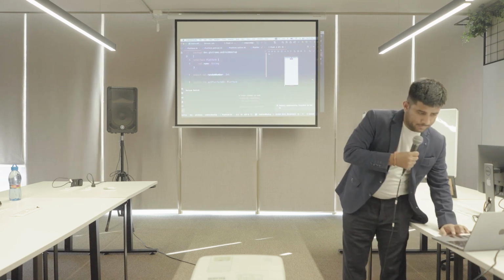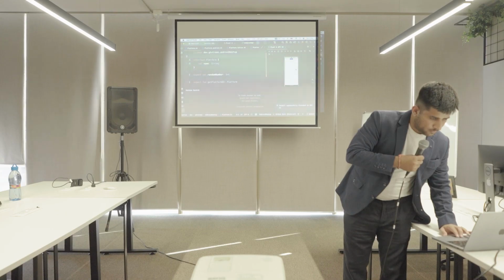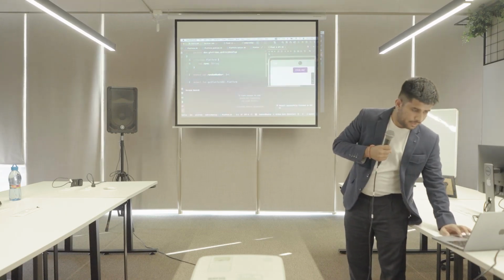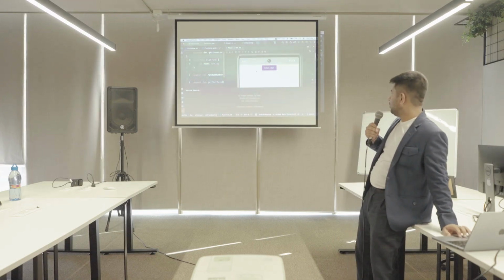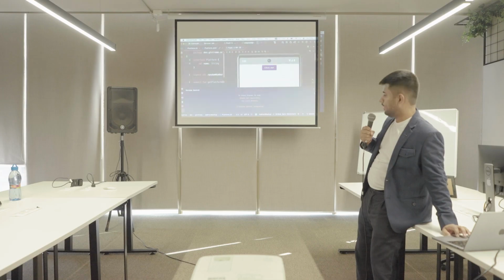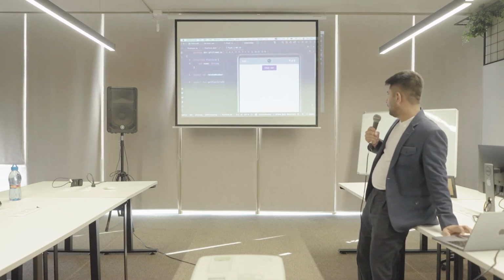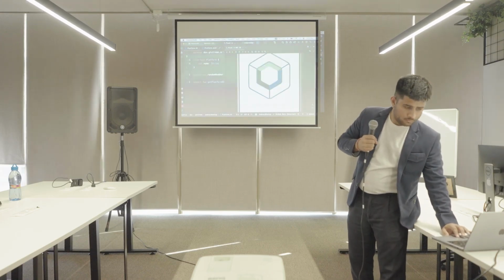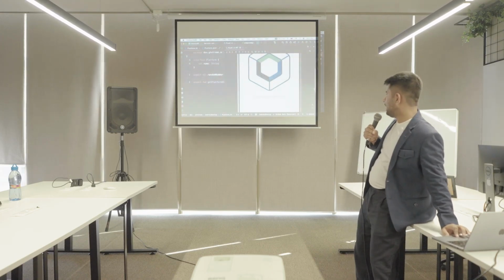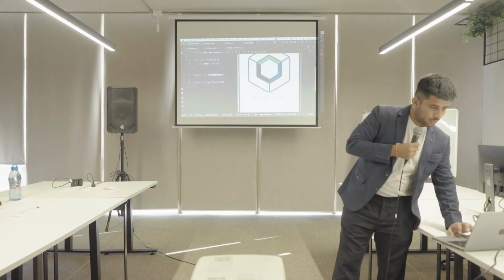So here is my app. I'm not sure if we can zoom into this. Yeah, there is this button. If I click Click Me over here, let me minimize this window. All it does is launch a Jetpack Compose window, and it also tells me a random number that I generated earlier, saying it's there from Compose.